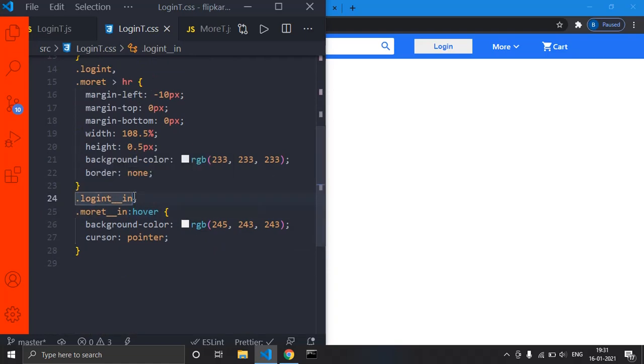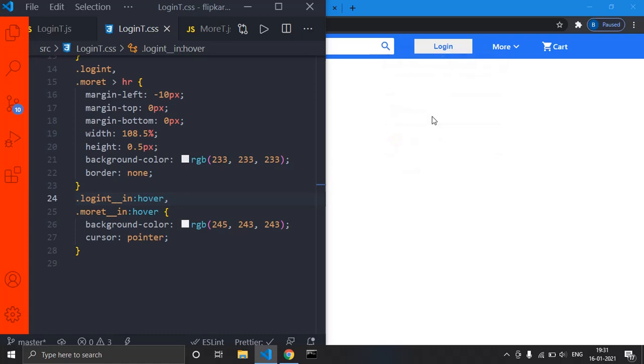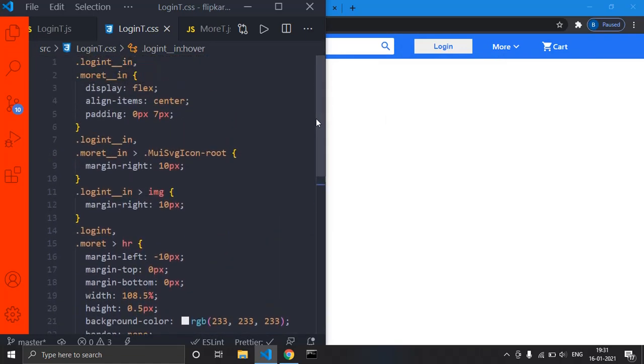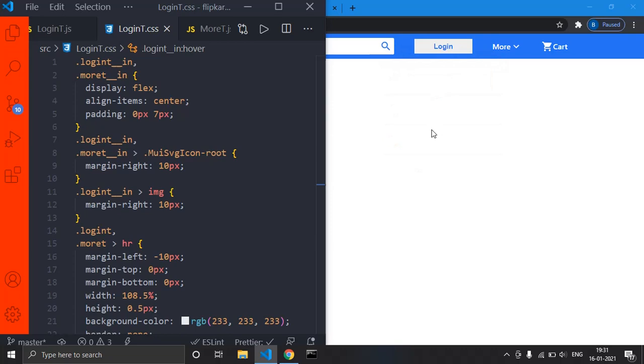Here we did not mention hover, right? I'm sorry for that. Now press Ctrl S, save. Okay, we are done with that. But it is showing somewhat weird behavior.